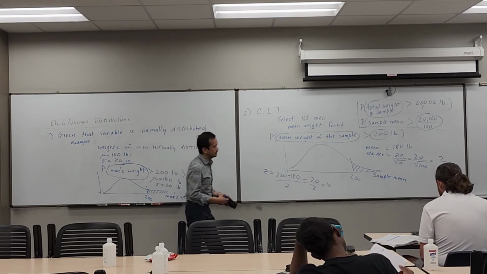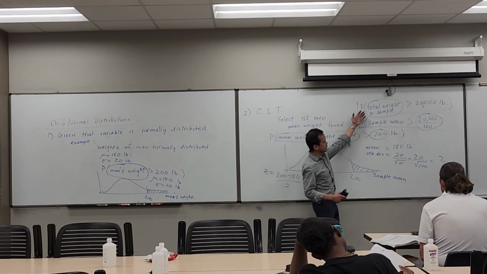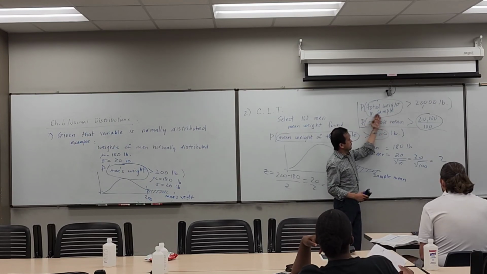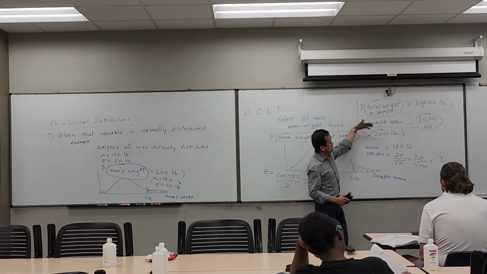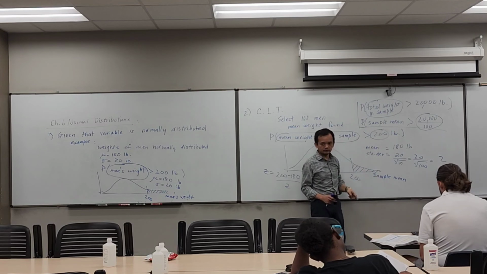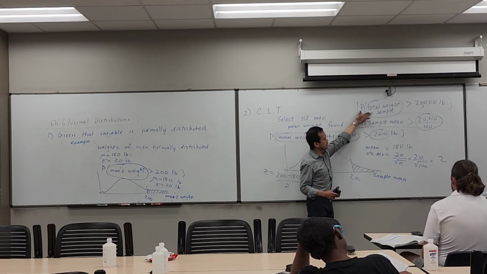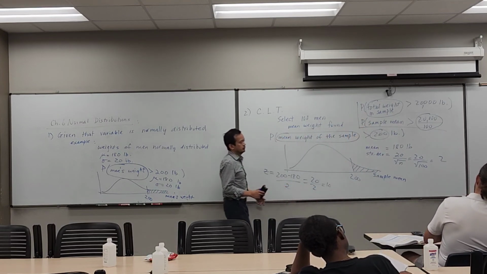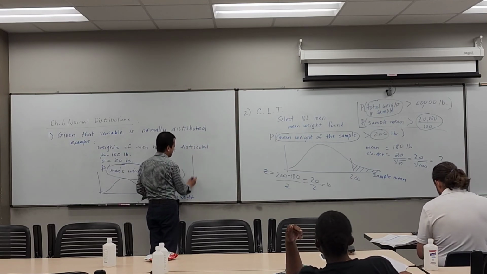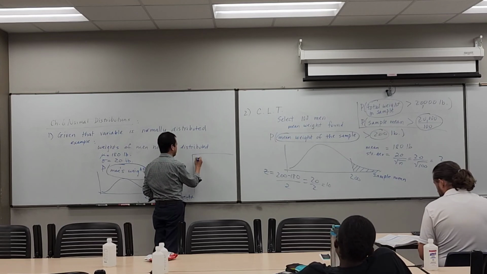Basically, it just reinforces this idea of the central limit theorem and that you're dealing with a sample mean here. But if you don't have a sample mean, then sometimes it's easy to convert to a situation where you have a sample mean. So if you're given a total, you convert to a sample mean. Just in case you're not completely clear on that, let me back up a little bit. So, for example, if you have